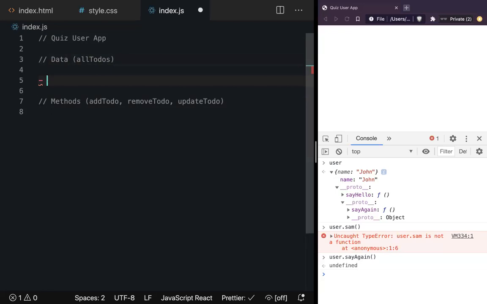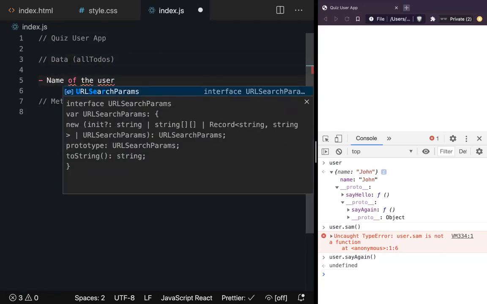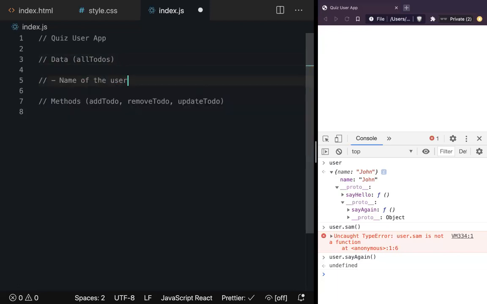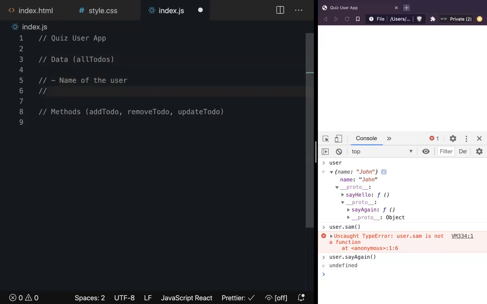You can need something like the name of the user, isn't it? You'll need name. What all other information you'll need for that user? Anything else you'll need? Score of the user.